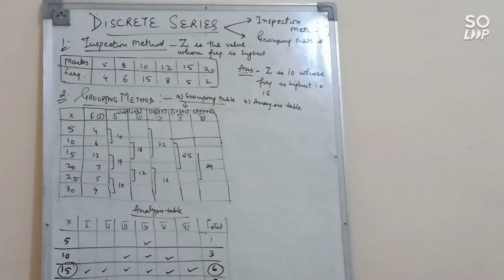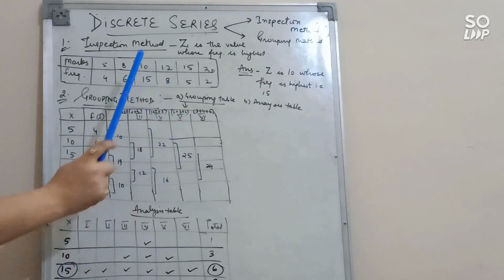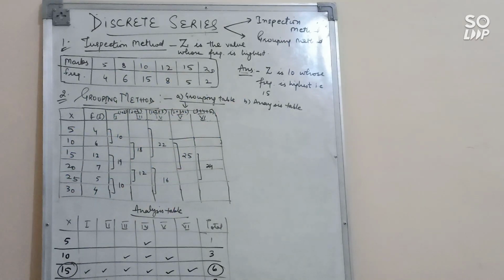With the help of this question, first of all we will make the grouping table. Grouping table means you will make different kinds of groups. Here frequency is given, so this frequency column you will take as the first column. Under this we need to make 6 types of frequencies, or we can say 6 different groups. The frequency which is given, we will take as the first column. Now for the second, third, fourth, fifth, sixth, you will draw 6 columns. How will you make the second column? For the second column, you will make groups. Individually we have all the values. Now you will make pairs, groups of 2 values.